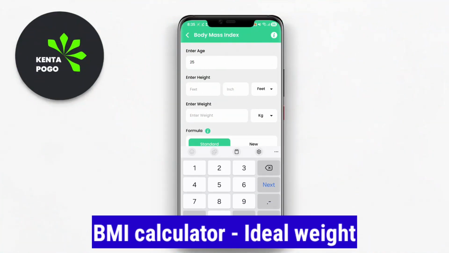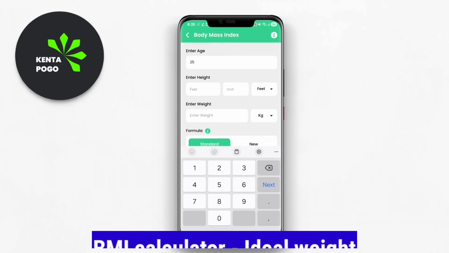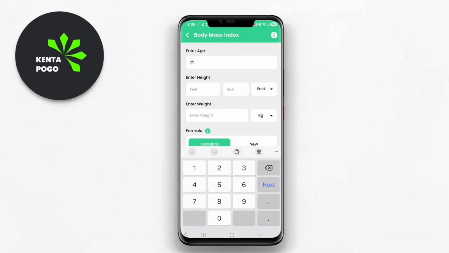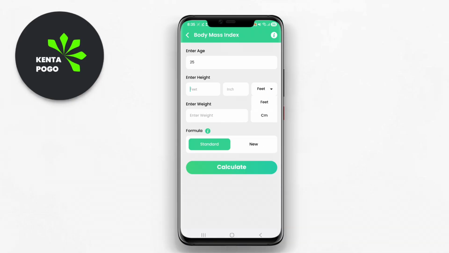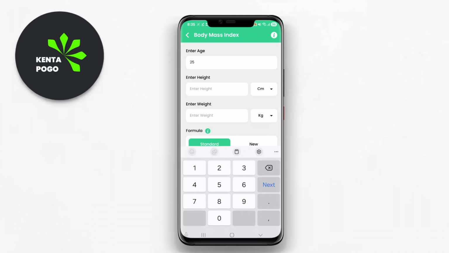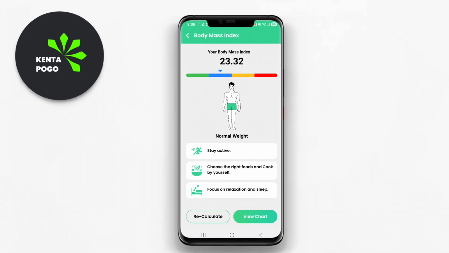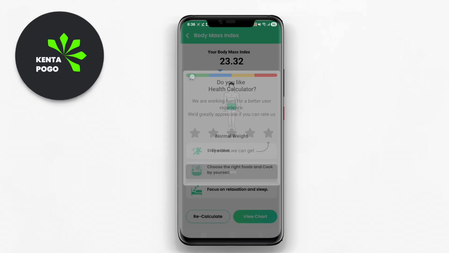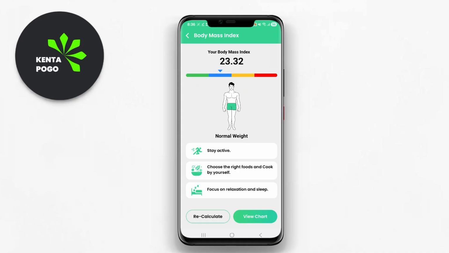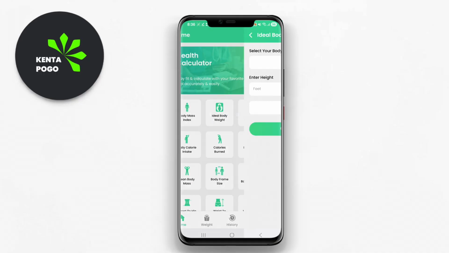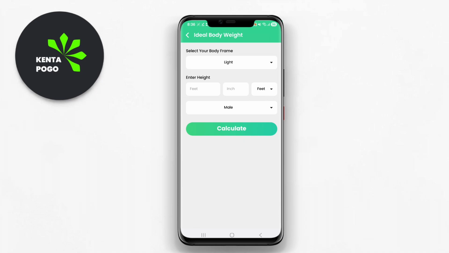BMI Calculator Ideal Weight. BMI Calculator Ideal Weight is a user-friendly app that helps users easily calculate their body mass index, BMI, and assess their ideal weight based on height and age. The app offers a straightforward interface where users can input their height, weight, age, and gender to receive an instant BMI calculation. It then categorizes the result into various ranges, such as underweight, normal weight, overweight, and obesity, providing valuable